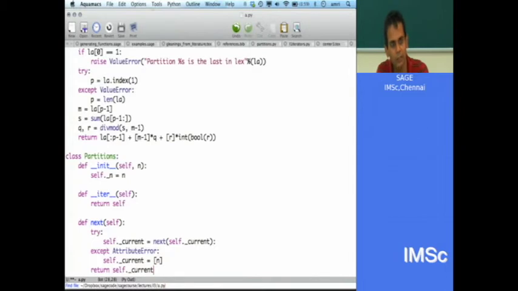So that will be the next one now. Does that seem like it may work? So what it's going to do is try to find the next one, but if it's in the first stage, it will give some error, right? In which case I'll just define it to be the very first partition of n.